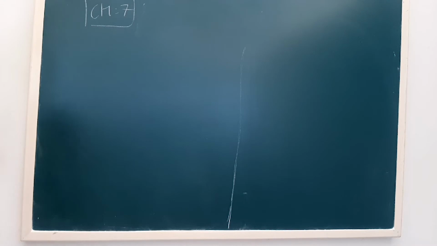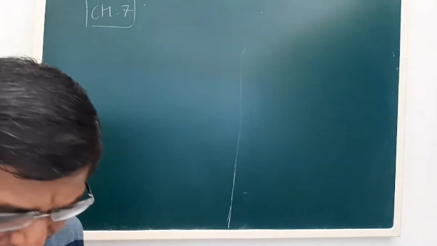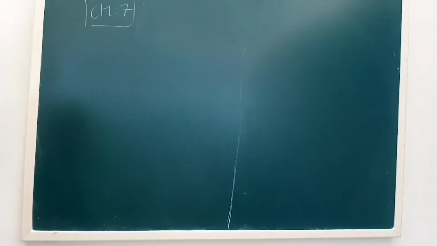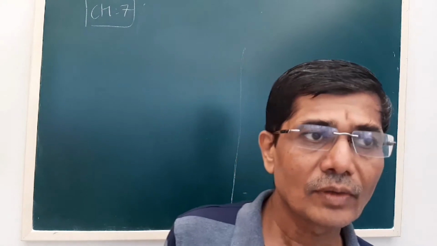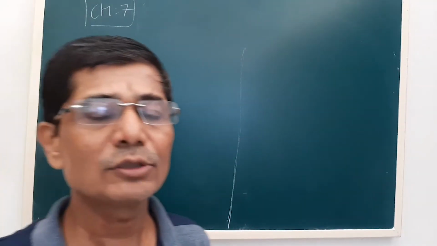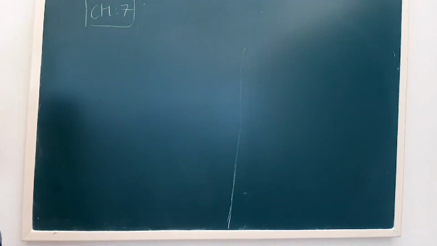Now see, just now we talked about velocity of center of mass of a rigid body rolling without sliding. Now see, in lesson number 5 we studied about law of conservation of linear momentum. Now see, here we have to study law of conservation of angular momentum. Now we start with a statement.